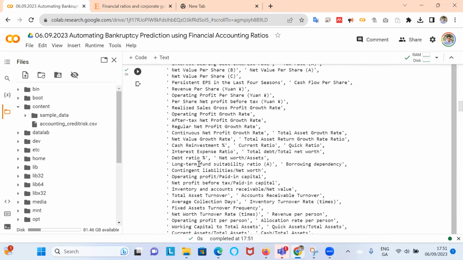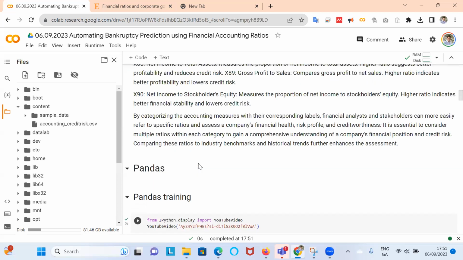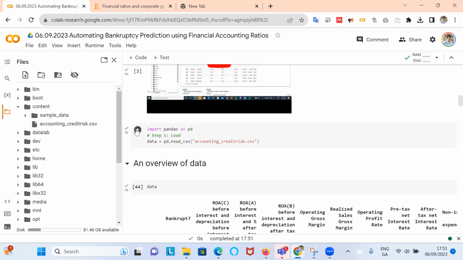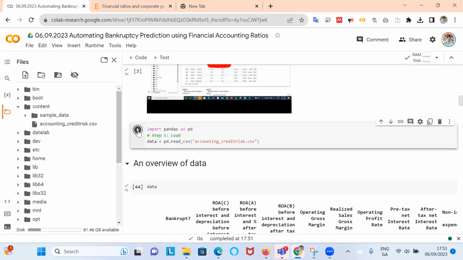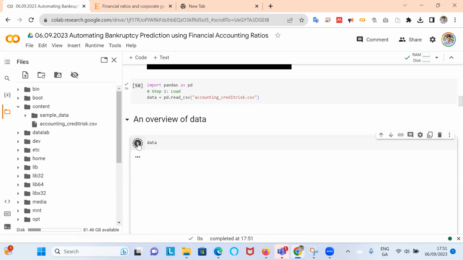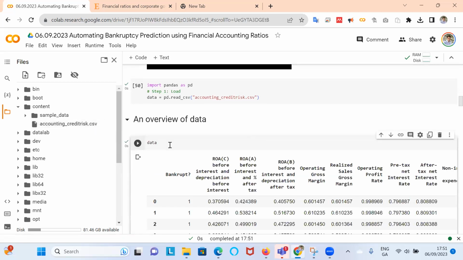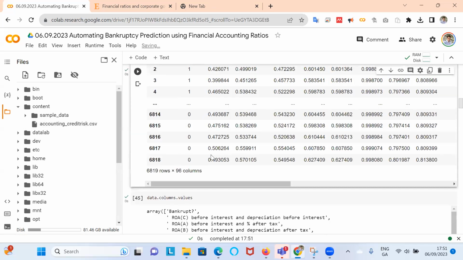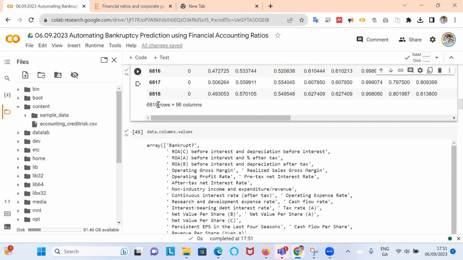Okay, so just to be sure, I'll go back and run this again, because there should be no missing data. But because it's quite a big file, we might find that there's a little bit of latency when you load up. So there's 6,819 rows, that sounds right.